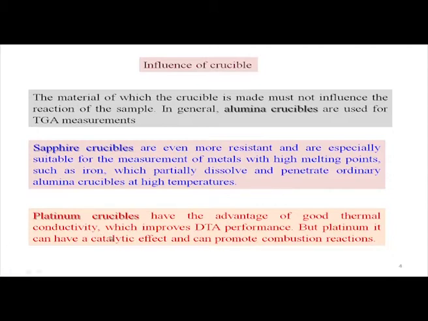Then, as we have seen just now, in gravimetric estimation we can use typical platinum crucibles for some of the samples. Here also platinum crucibles can be used for their good thermal conductivity, because they can pass the temperature very quickly, which improves DTA performance. The next thing we can discuss, after all the DTG techniques, is DTA, differential thermal analysis. In differential thermal analysis, the DTA performance can be good if we use the corresponding platinum crucible. Platinum can have a catalytic effect at the same time.